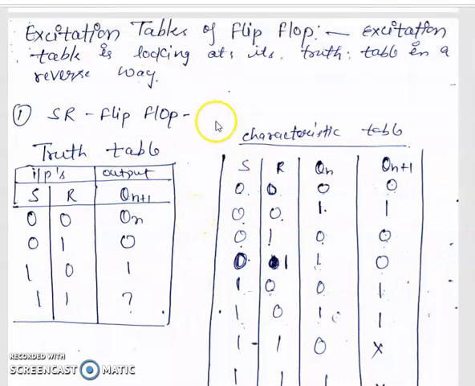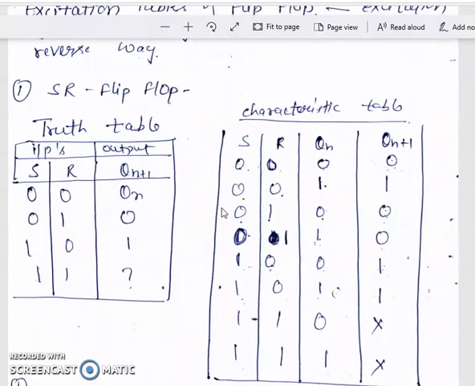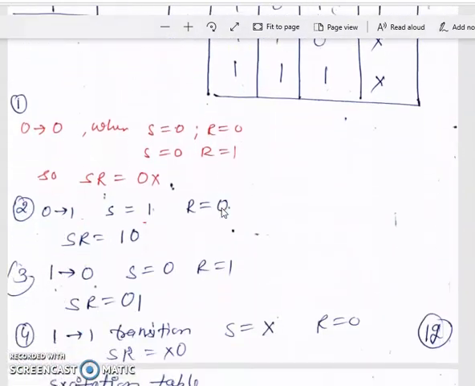Good morning, students. Today we are going to read about the excitation table of flip-flop. What is the excitation table? The excitation table is looking at the truth table in the reverse way. What is the meaning of this excitation table? The content of the excitation table is like